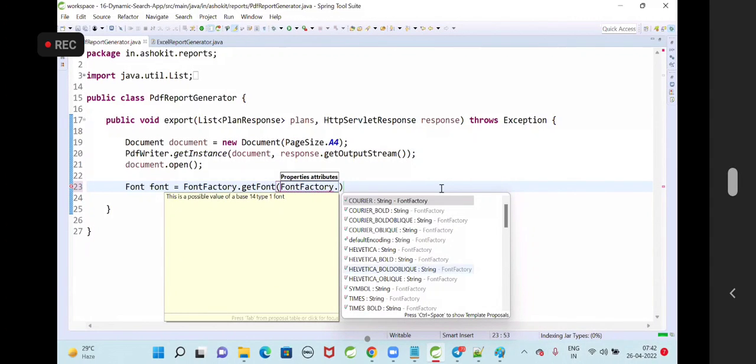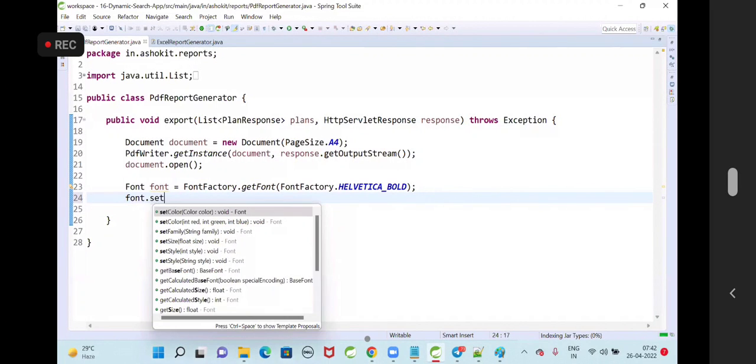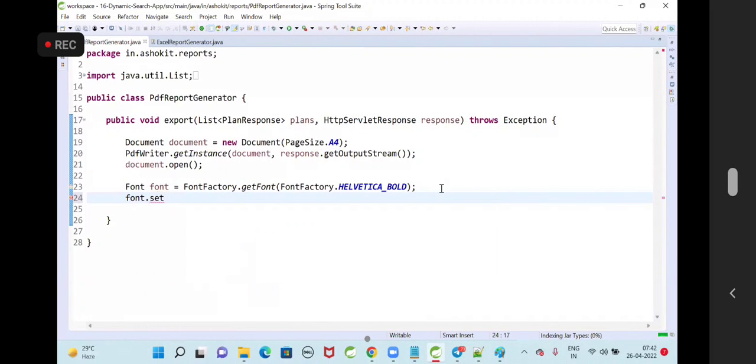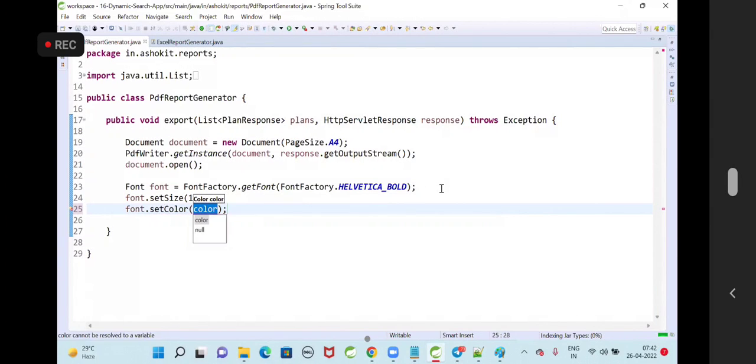Alright, you can use any font. What is the style you want to keep for your font, you can use it. Font.setSize. What is the size you want for the font in the PDF? 18 is the size I am taking. What is the color you want? Font.setColor. I want to go with blue.